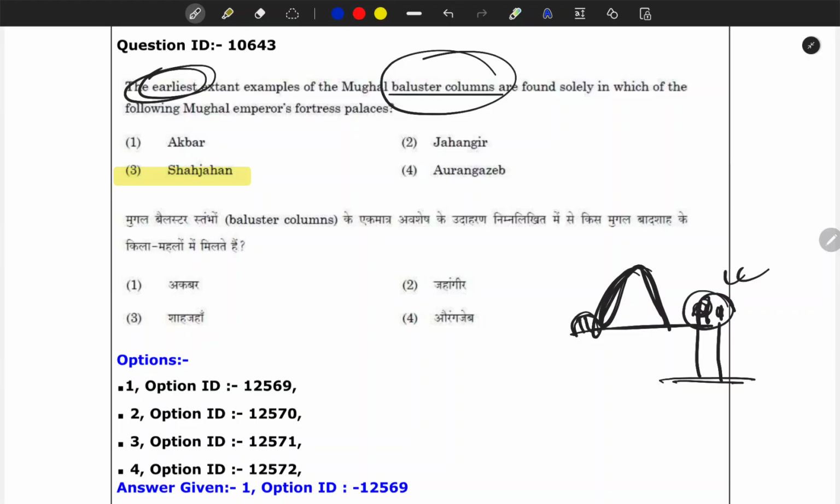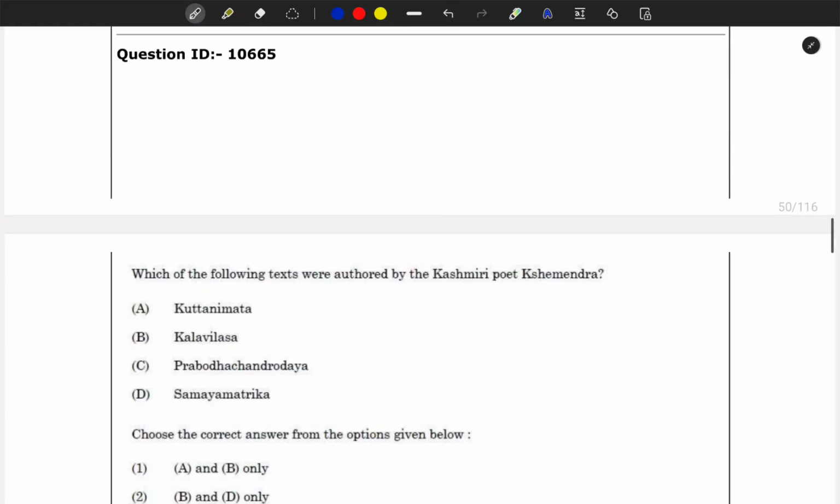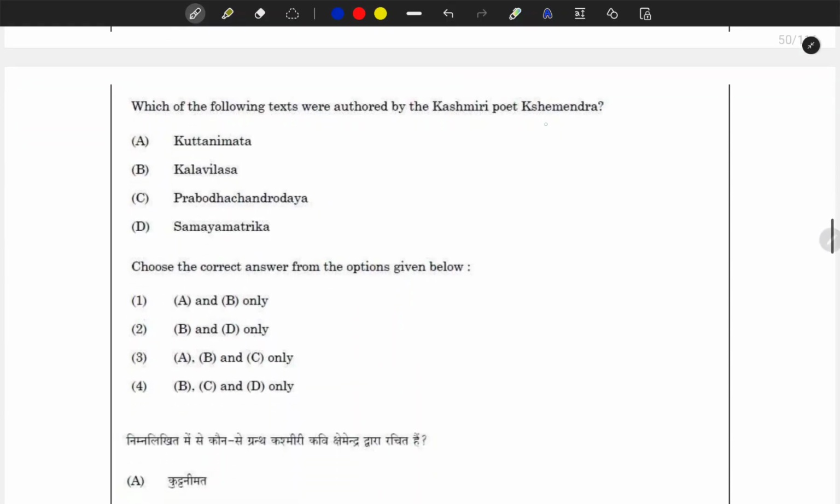I'll write moderate rather, because I knew the feature. So here, the next question is: which of the following texts were authored by Kashmiri poet Kshemendra? Whatever you read these. But here, if you see, they have again asked about the literature. I think this is the fourth question from the literature, fourth or fifth, I don't remember now. So if you see, again they have asked about the literature, and if you know the fact,